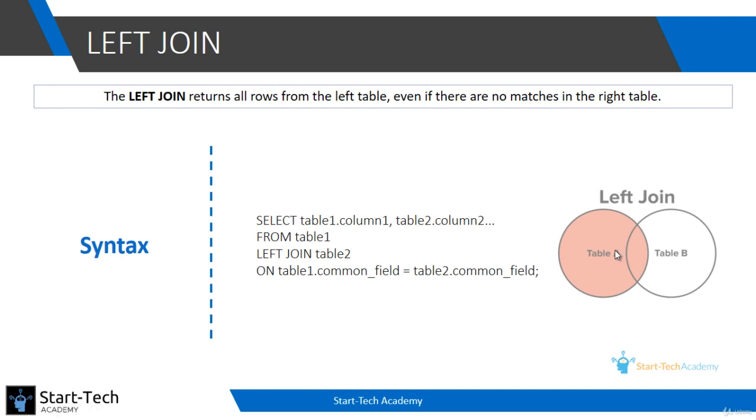If that is our requirement, left join is used. So left join will return all values from the left table even if there are no matches in the right table. The syntax for this is select columns from table 1 or table 2 from table 1, left join table 2. So this is similar to inner join, only instead of inner we are writing left join on, then you give the field that you want to be common in both the tables. So what this will do is whole of the table A will be taken out and all the column values of table B against table A will be plotted. If there is any value in table A which is not in table B, we'll get a null value for that particular column.